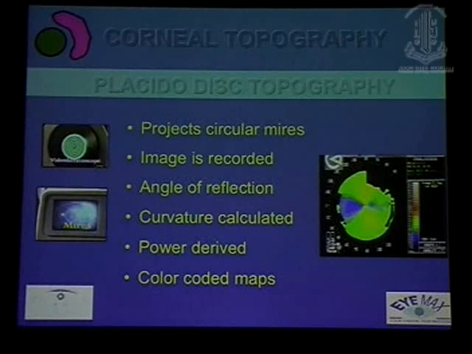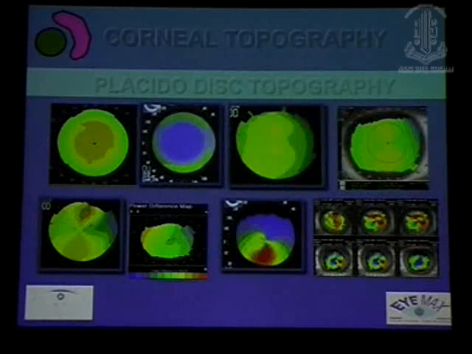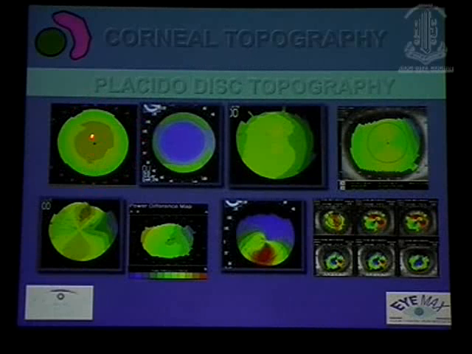So, by doing this procedure, we can find out whether the cornea is prolate in shape, that is the central cornea is steeper, or it is oblate in shape, as happens after refractive surgery, where the central cornea is flatter, whether it is having an oval shape, or it is having astigmatism, whether it is a symmetrical astigmatism, or an asymmetrical astigmatism, or whether the cornea is having total irregular corneal shape, or whether it's having any ectatic or thinning